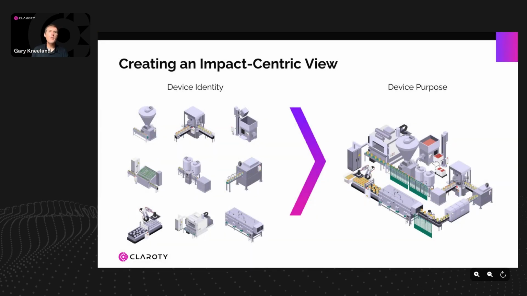So how do we actually view this? We want to move away from this idea of device identity. So this is that idea, again, of just a random PLC, a random conveyor line, a random pump within your facility, and move to the greater purpose that device has within the plant environment. Again, some random Siemens PLC or random Rockwell PLC within your plant is part of a bigger system. It's part of a packaging line. It's part of a safety system. It's part of your receiving area, right?